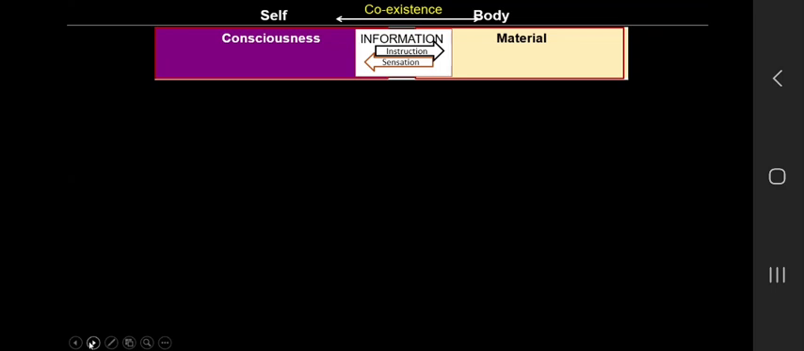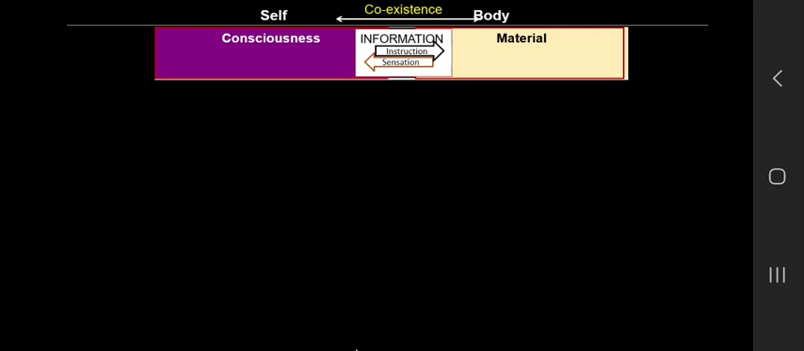The self reads these sensations. This reading of sensation by the self, this is also a form of information. So essentially, the entire interaction between the self and the body is only that of information. Nothing physical or physiochemical gets transferred. This much we had discussed, that these are two distinct entities. And now